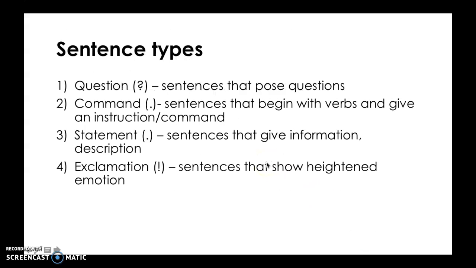And the last thing I just thought I'd do in this video is recap those sentence types that were covered in the video lessons and discuss why each of these might be really useful when it comes to descriptive writing. I know a lot of you did include a question in the descriptive writing that you sent in. You opened your writing with a question as directed in the video. And this can be a really useful technique because it does get the